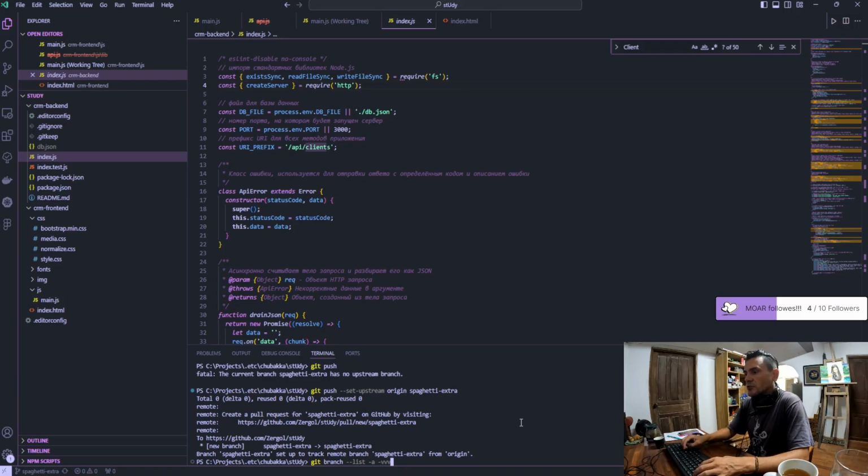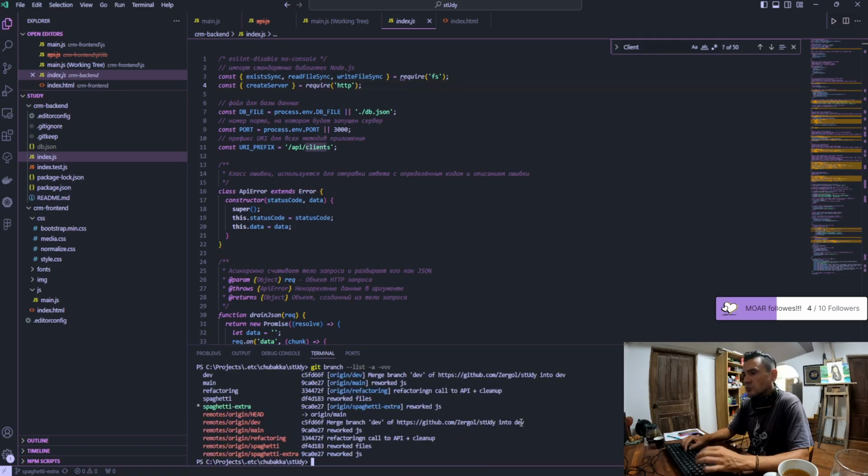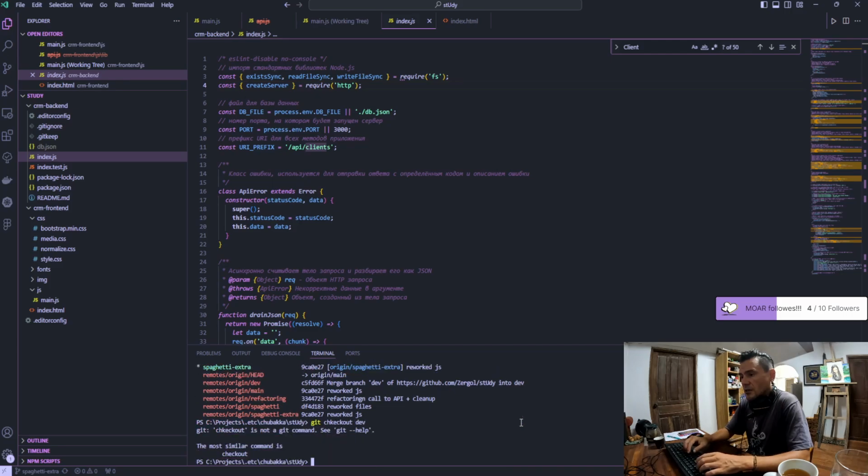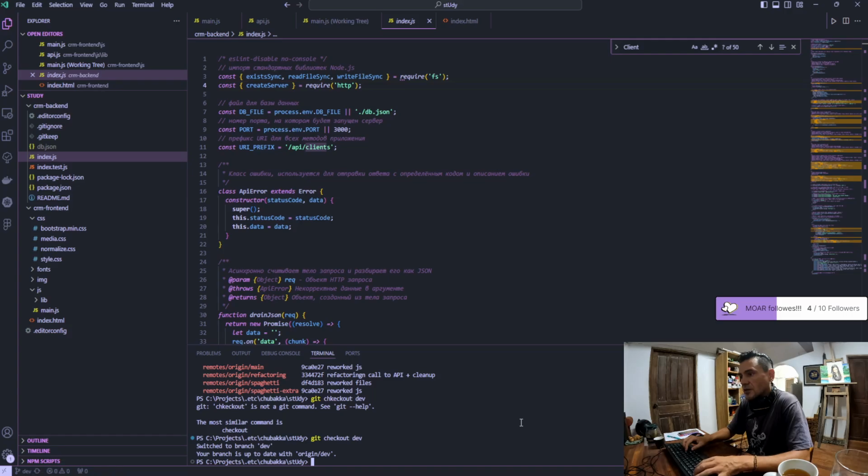Okay, so we created all the things that we want to save, and now we can simply continue to work in a dev branch. So yeah, we're done here, and nothing else is required. Now we simply jump to checkout dev. Right, that's it. And yeah, so now I have